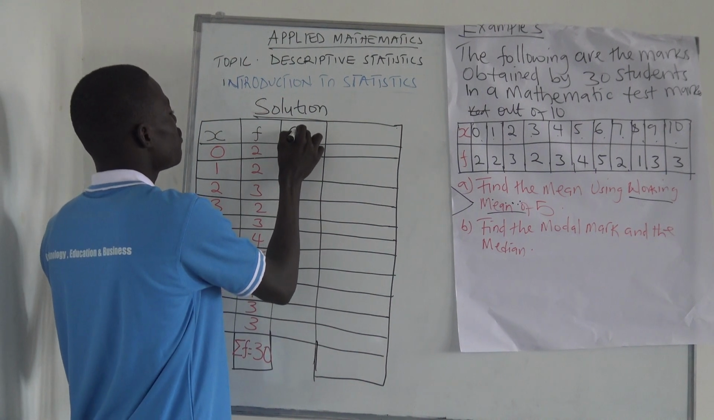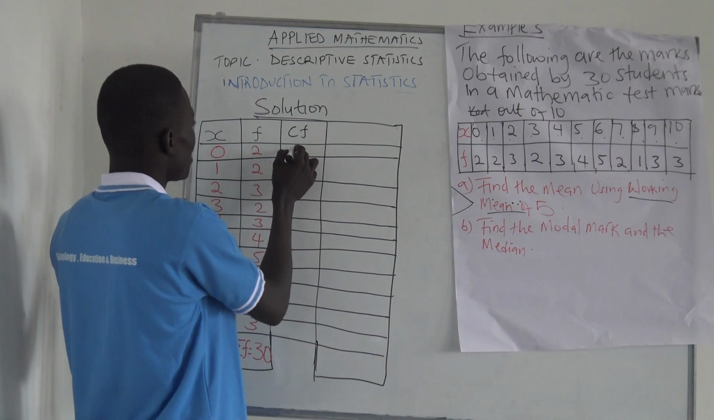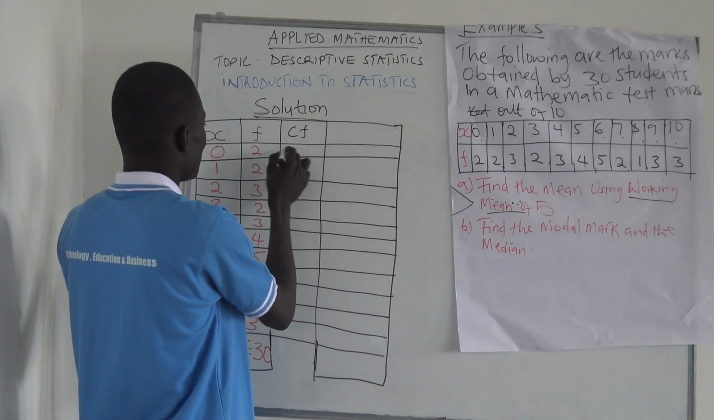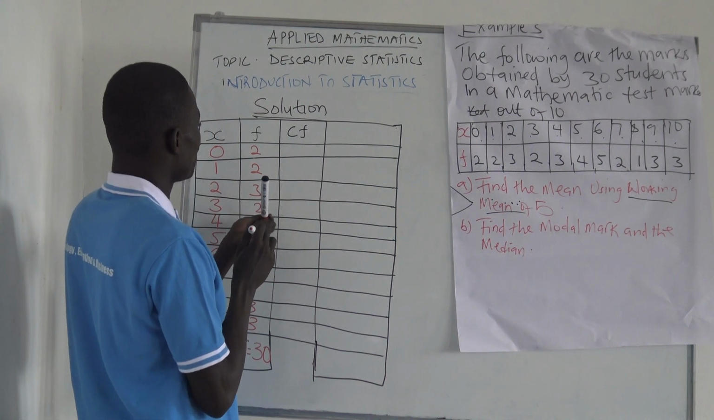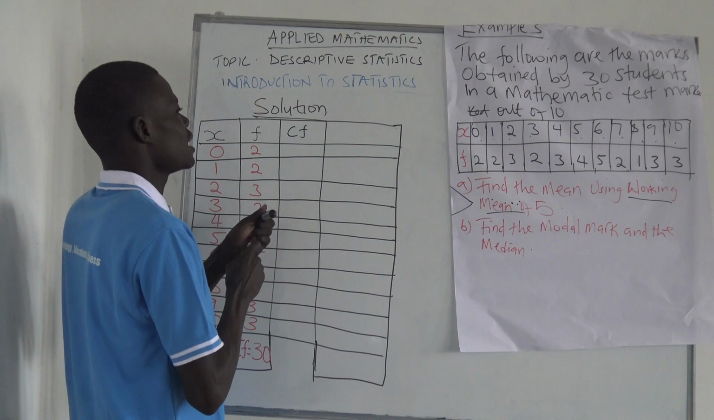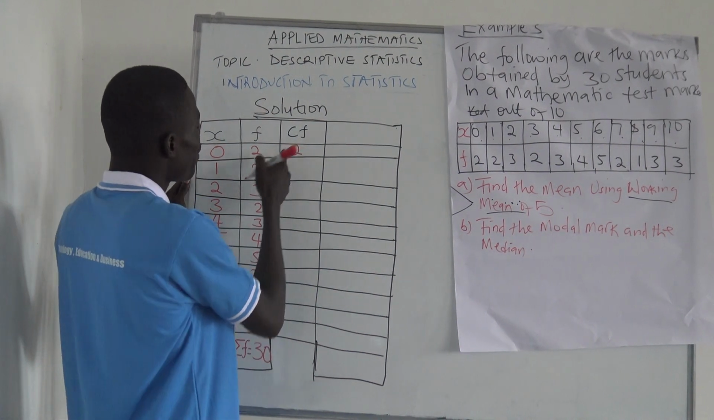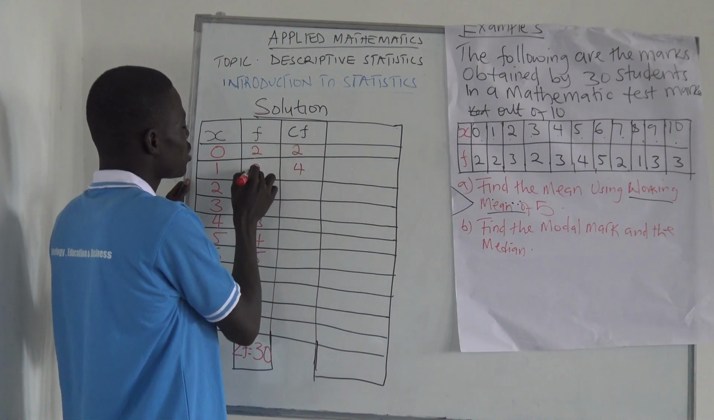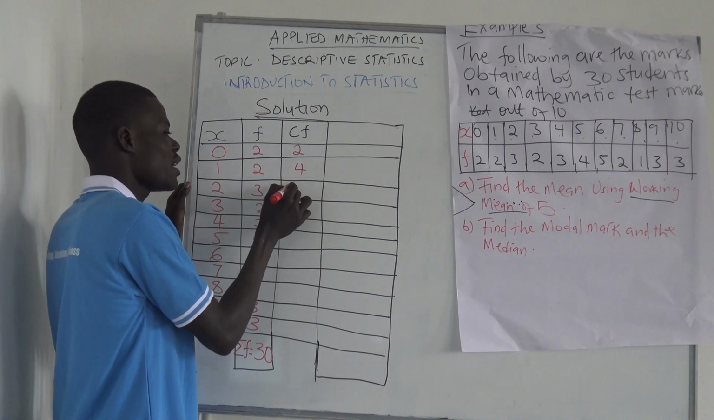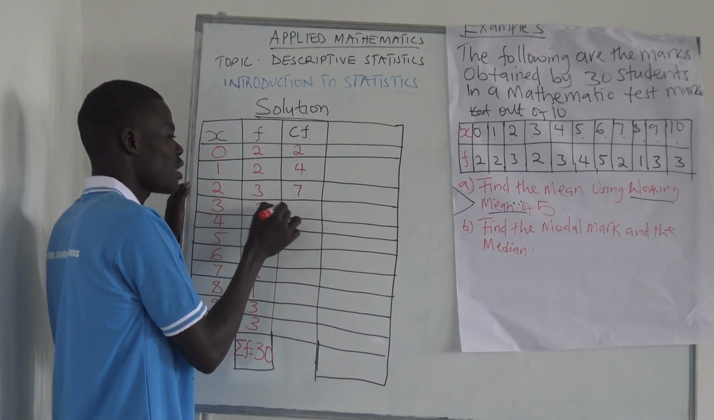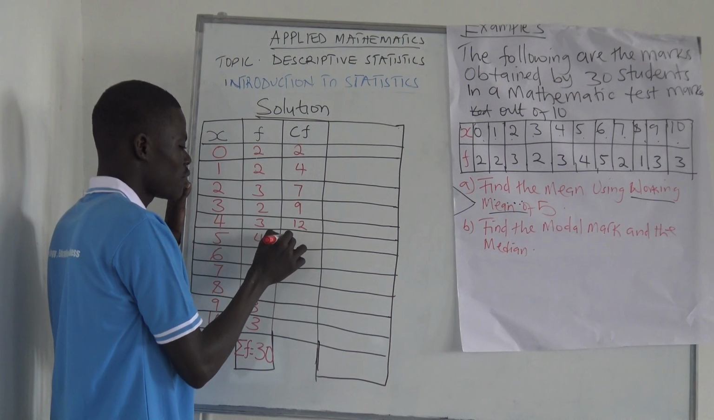So our cumulative frequency is given by, we add these ones. The first cumulative frequency is always the first frequency, which is 2. When you add this one, we have 4. 2 plus 2 to get the second cumulative frequency, we get 4. 4 plus 3, we get 7. 7 plus 2, 9. 9 plus 3, 12. 12 plus 4,